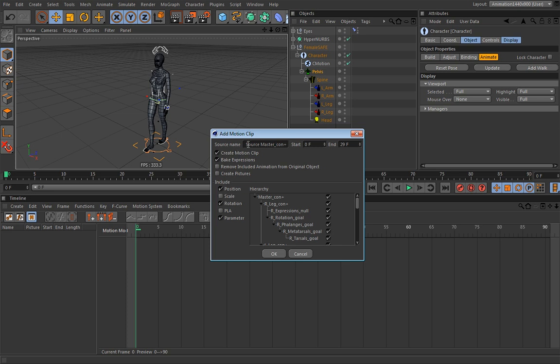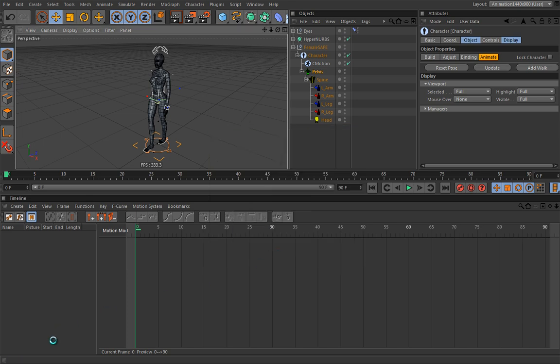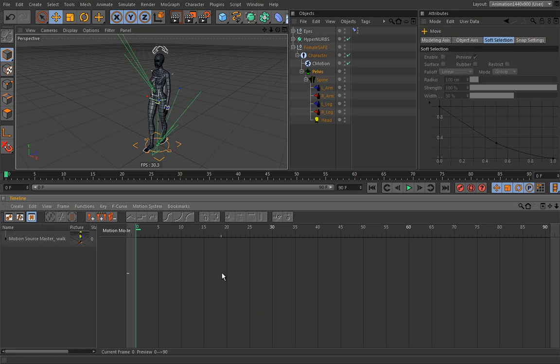Now, the name of this motion source will be whatever you set here. So let's set this to simple walk like this. So now I will hit OK, and we will give it some time. Now once it is completed,